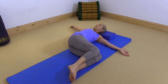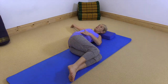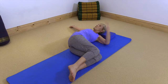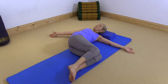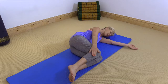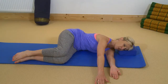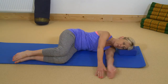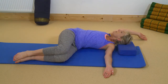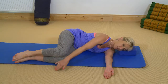Now at this point here, my knees are together. I haven't let them collapse apart, but I have allowed my hip to open up a bit, and I've got a lovely sense of openness here across the chest, and I'm getting a really good stretch of my pectorals here. And then I continue the circle. Now as I go over my hip, I'm stretching away here, and as I come from my knee onto the floor in front of my fingers, now I'm getting a good stretch between the shoulder blades. If I only come to these fingers, I haven't got a stretch up here at all. So reaching away. So this way you're also moving your neck. Nice stretch here across the shoulders, front of the shoulders, over the hip, over the knees, onto the floor,